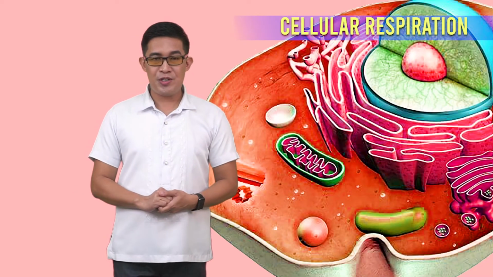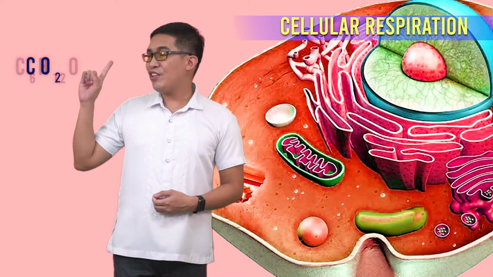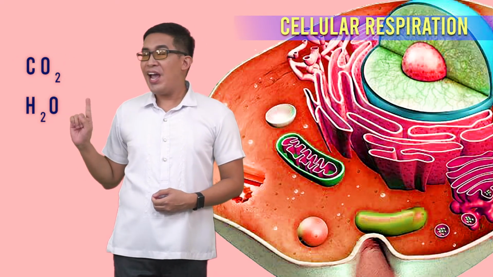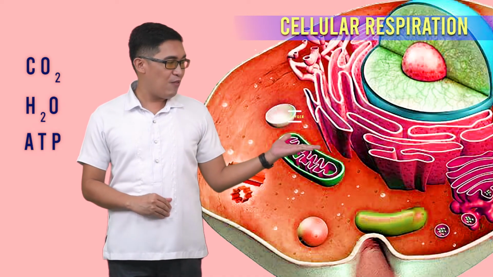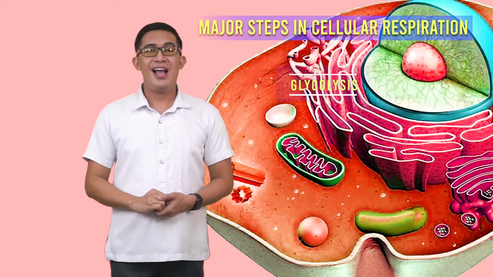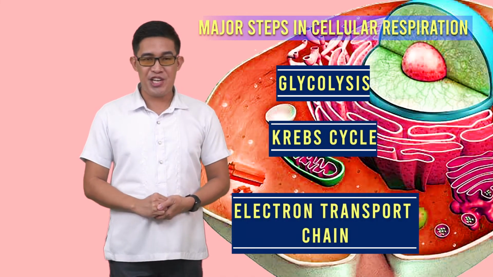Cellular respiration breaks down glucose into carbon dioxide, water, and energy in the form of ATP in the presence of oxygen. The breakdown of glucose involves three major steps: glycolysis, Krebs cycle, and electron transport chain. Let us now differentiate the three stages of